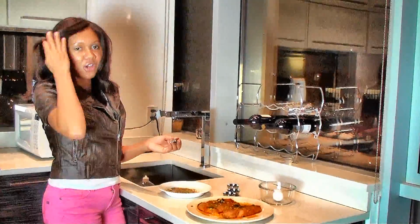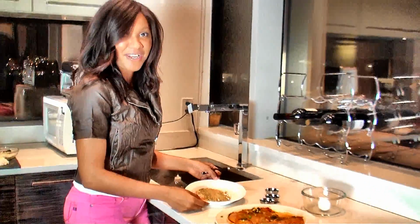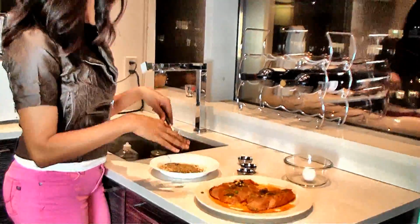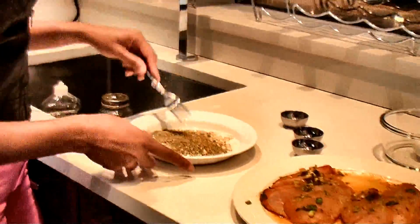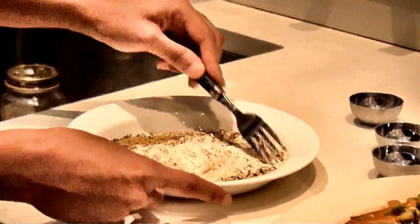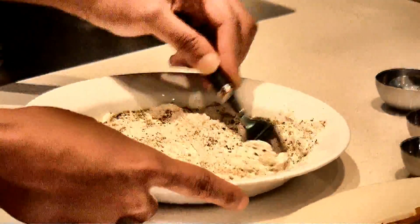Okay guys, so I've gone on ahead and sexed up the flour. That just means I added 1 packet of Sazon, the salt, the basil, and the Mrs. Dash original salt-free. Now you just want to mix this up. So once that's all nicely done,